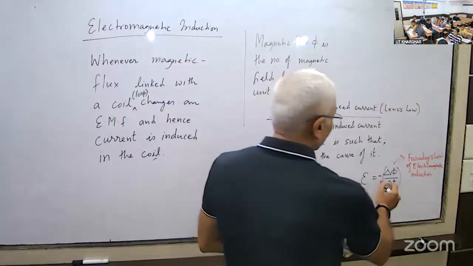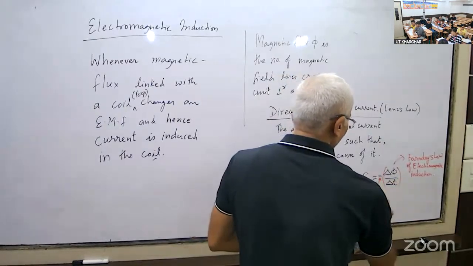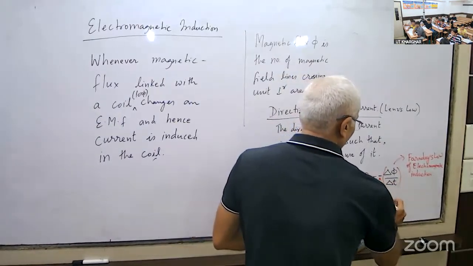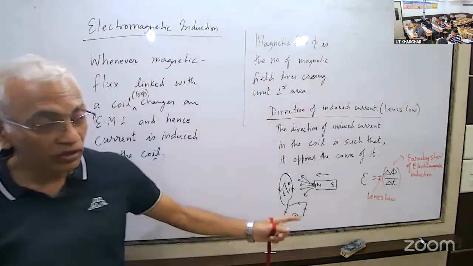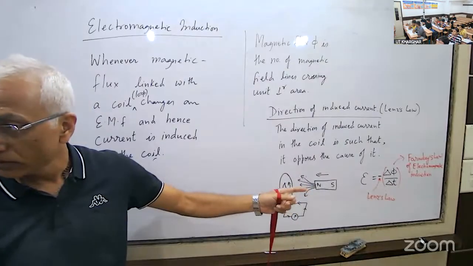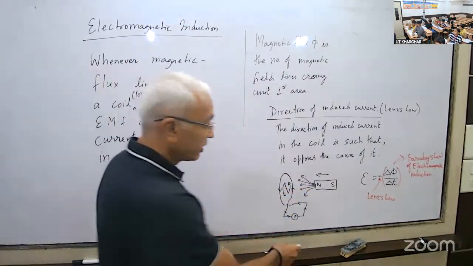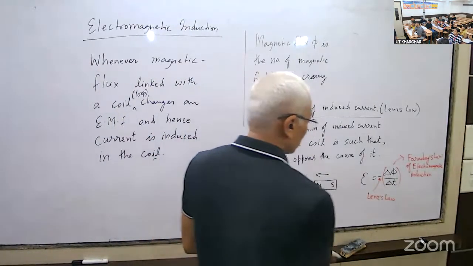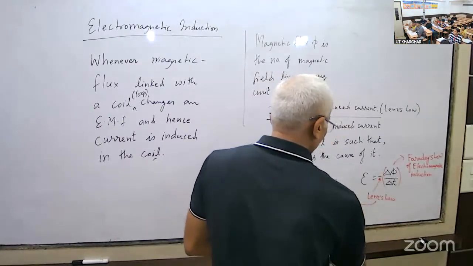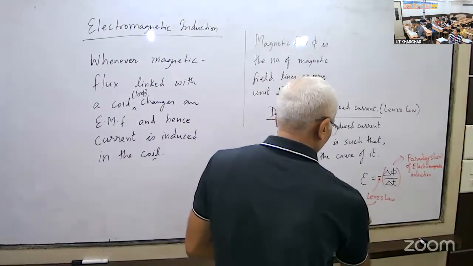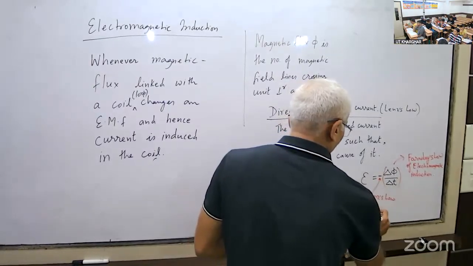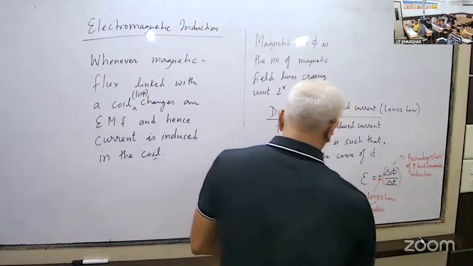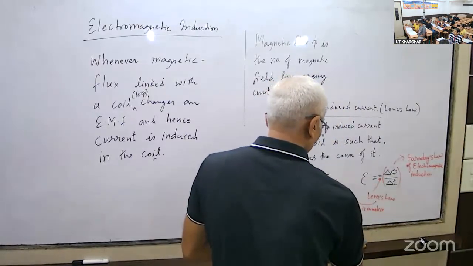Okay? And this is due to Lenz's law. Lenz's law gives the direction of the induced current. Okay? Now, when Lenz's law is applicable, magnet in motion, coil is